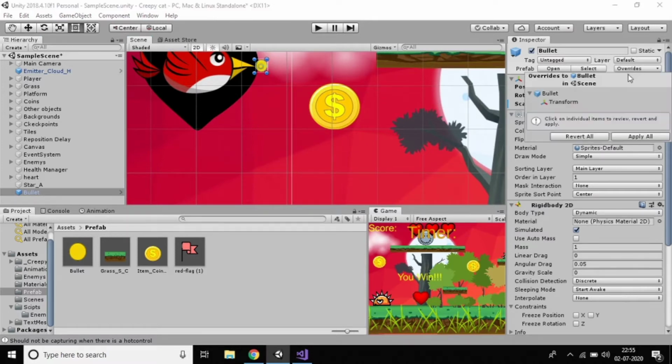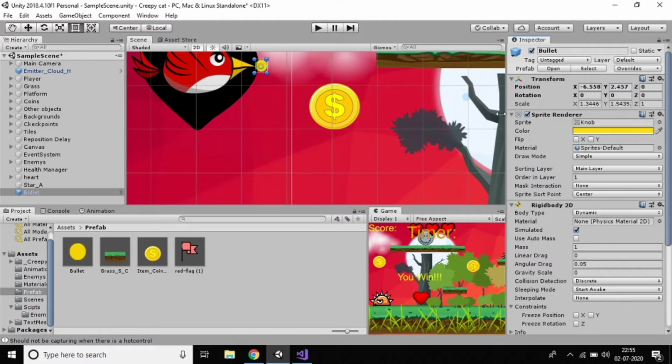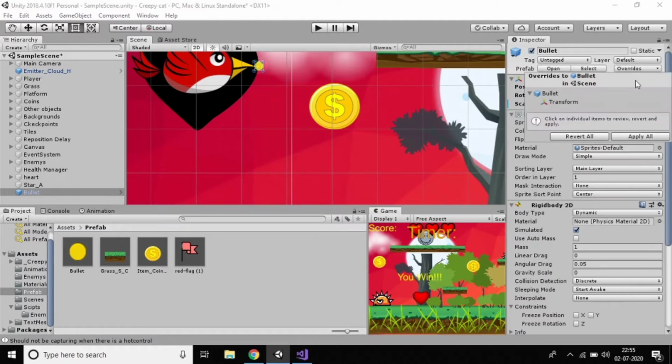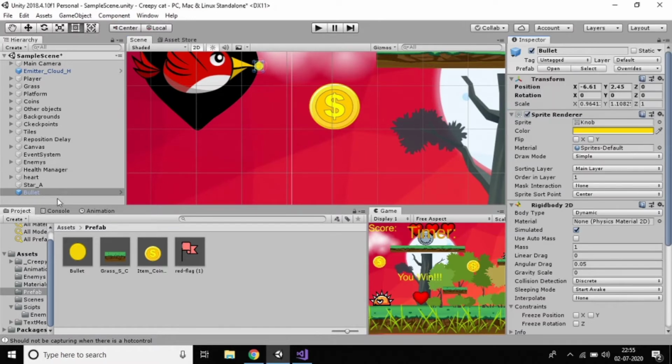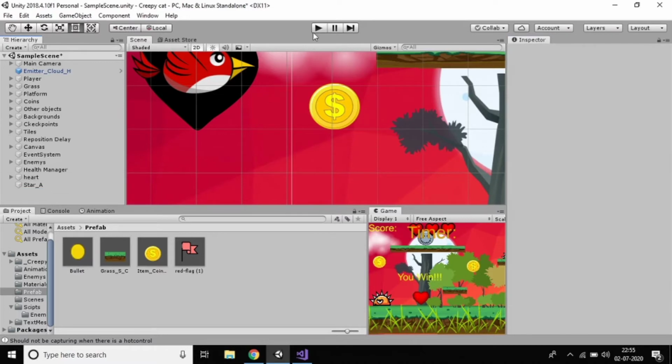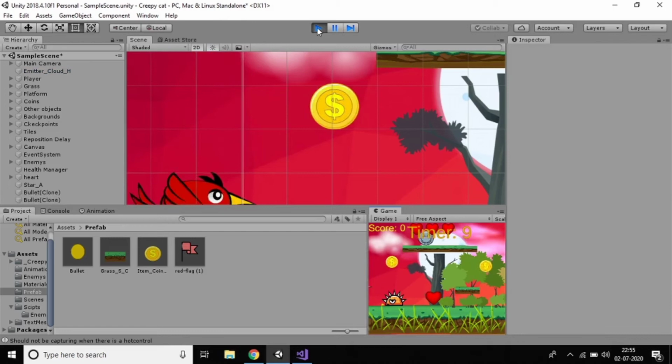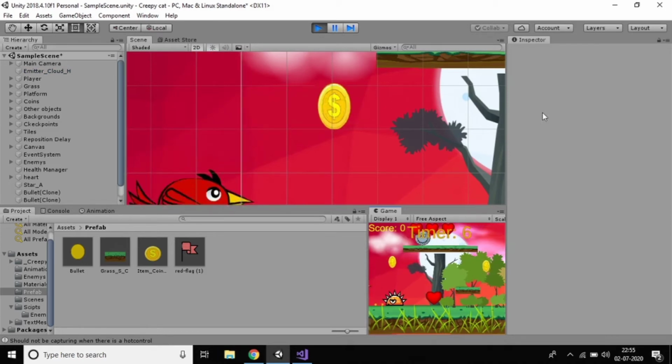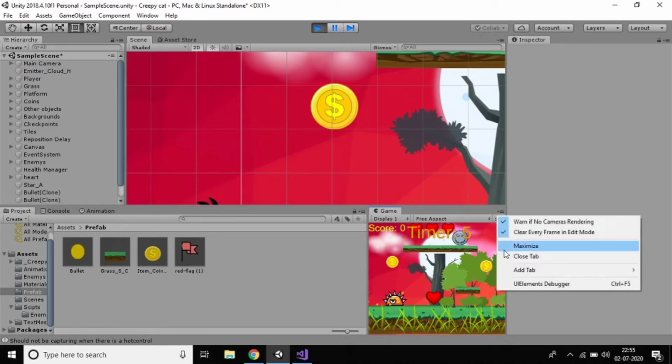Make overrides, then Apply All, then it was applied. Right, it's clear now. So just Overrides and Apply All and just remove this bullet. And now we can see how it works. If I press the alt button, yes, you can see now it's not bad, it's working.